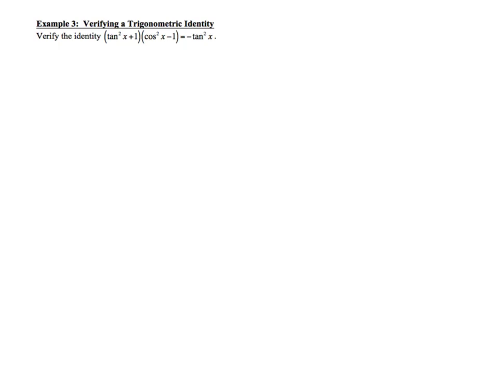Alright, so for example 3, in this case especially, it's good to know your identities before you multiply. So if you know your identities, we're going to simplify the left side. Well, we do know that secant squared x is equal to tangent squared x plus 1. So what we're going to have to do is we can substitute secant squared x in this set of parentheses,